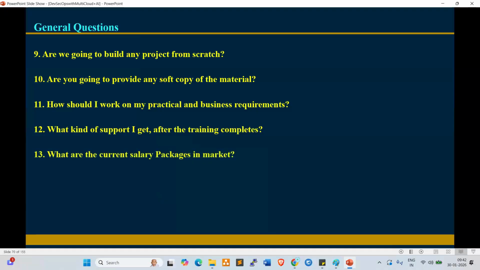Next question, which is the last and a very important question: what are the current salary packages in the market? Currently, what salaries are companies providing? Let's move to the paint brush.